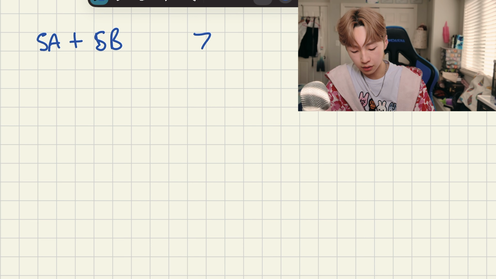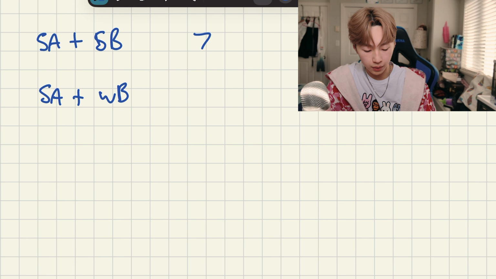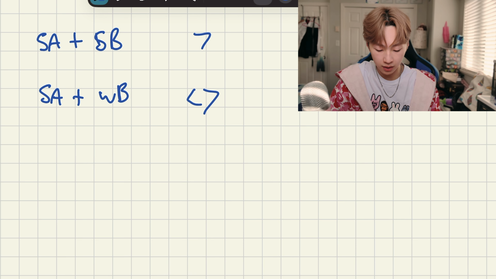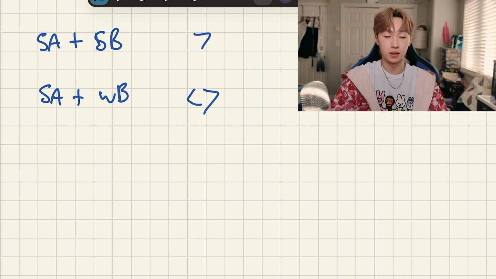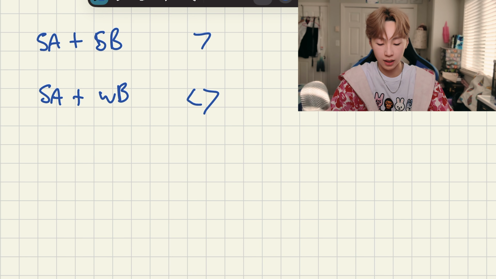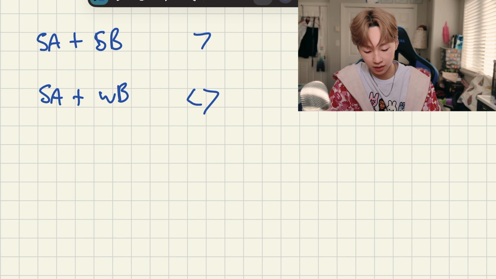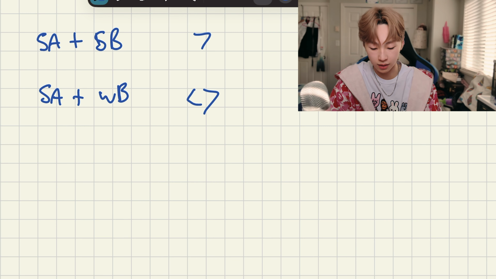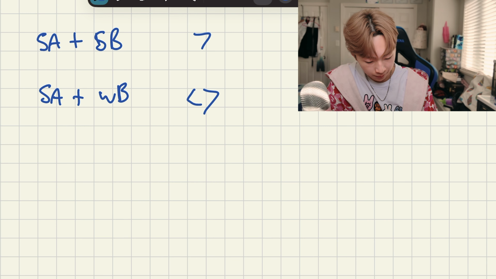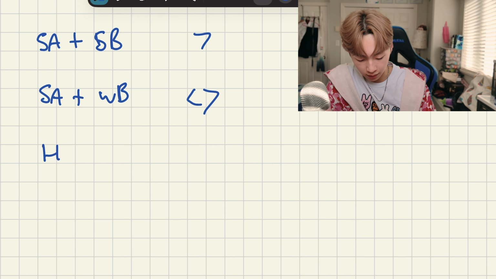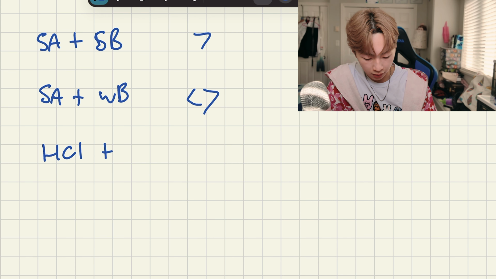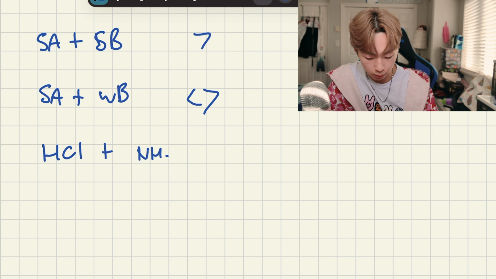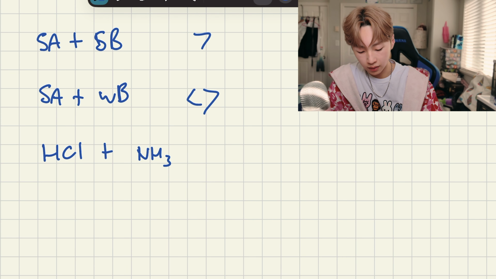When you titrate a strong acid with a weak base, your pH at the equivalence point is going to be less than 7. And this is because you're going to create a salt left over that's actually going to hydrolyze and form an acidic solution, like we learned in the last video. For example, if we have a strong acid, HCl, titrating with NH3, a weak base, that's going to form